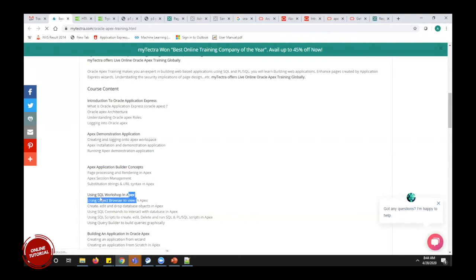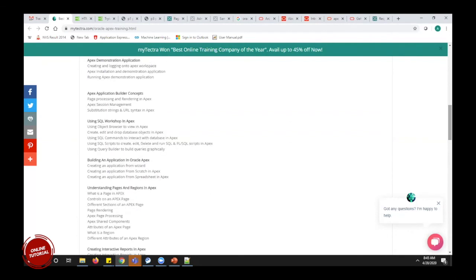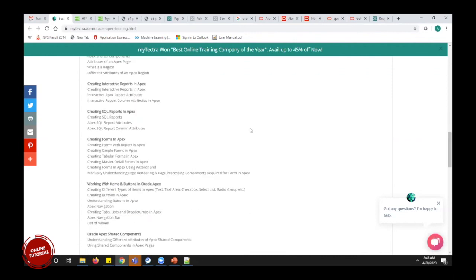We will be using the Oracle SQL workspace to write PLSQL and SQL in Apex, and then we will be creating an application. We will understand the regions, pages, and forms in Apex. Then creating interactive reports.